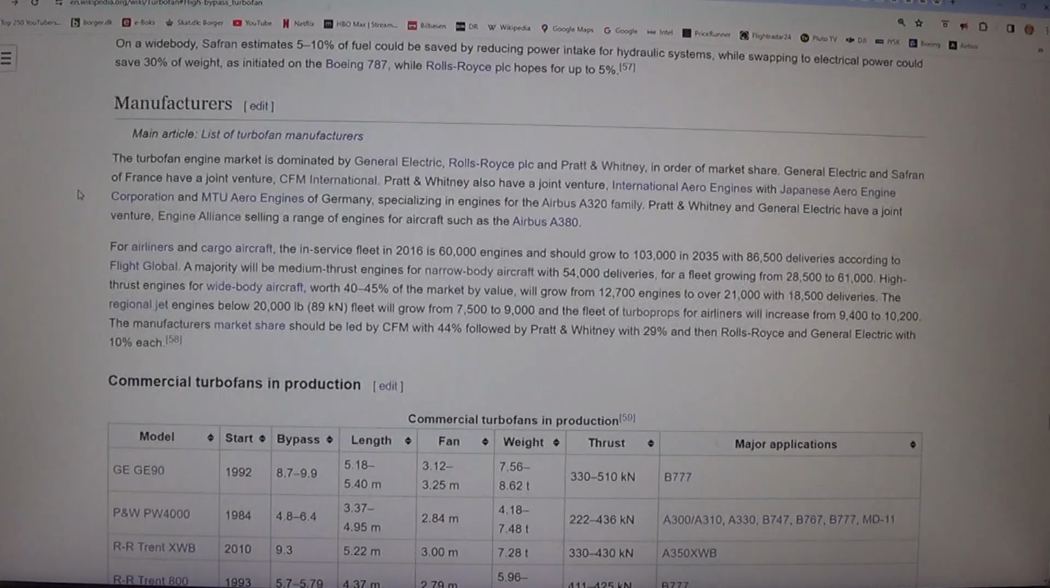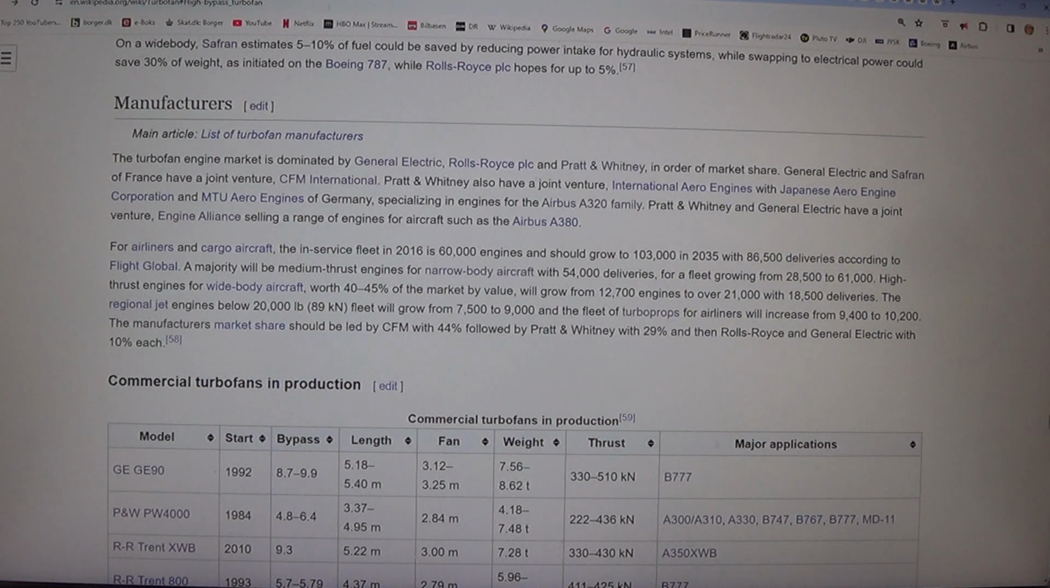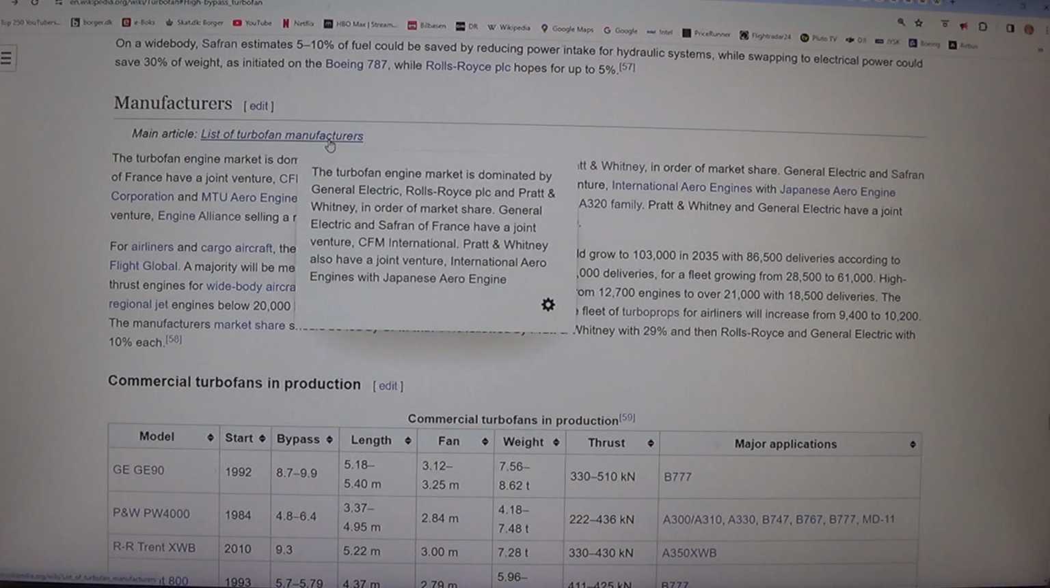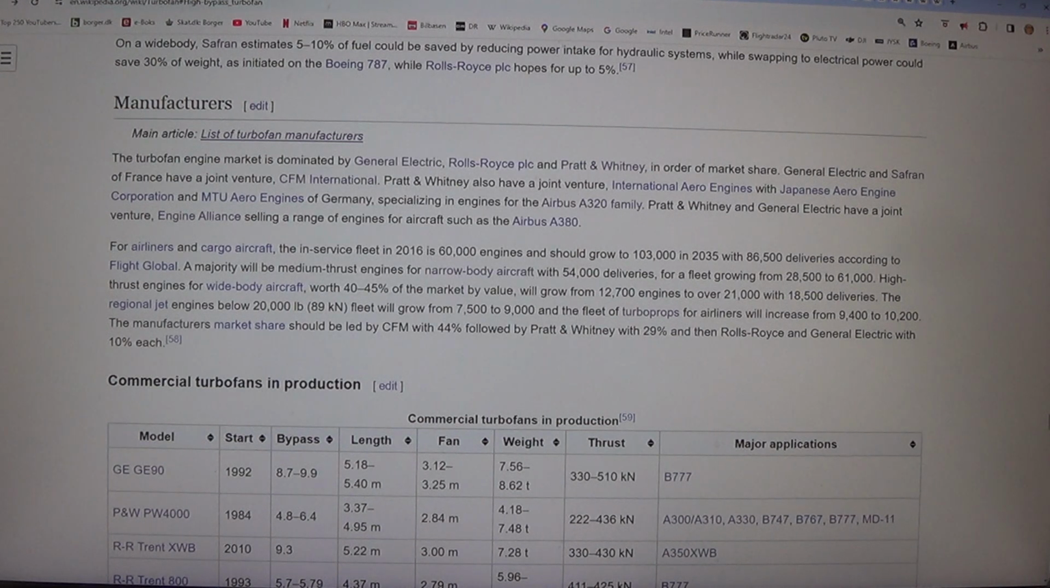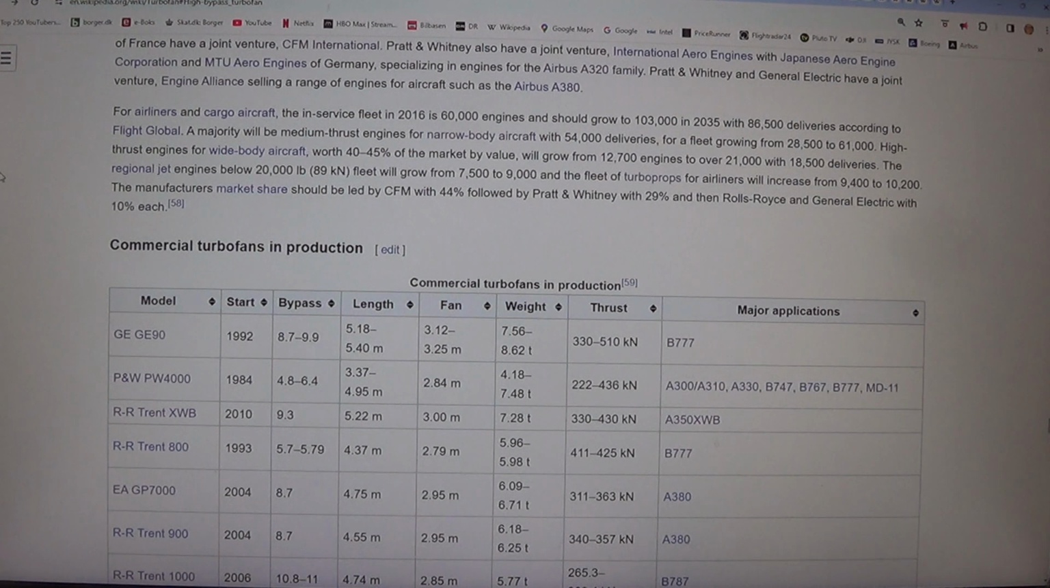Manufacturers. Main article: list of turbofan manufacturers. The turbofan engine market is dominated by General Electric, Rolls-Royce plc and Pratt & Whitney, in order of market share. General Electric and Safran of France have a joint venture, CFM International. Pratt & Whitney also have a joint venture, International Aero Engines, with Japanese Aero Engine Corporation and MTU Aero Engines of Germany, specializing in engines for the Airbus A320 family. Pratt & Whitney and General Electric have a joint venture, Engine Alliance, selling a range of engines for aircraft such